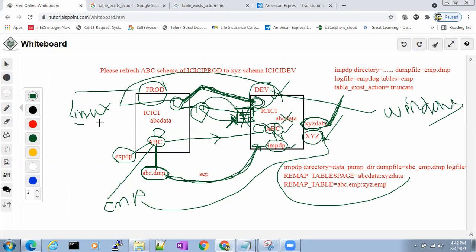Now you have to take the export of the ABC tablespace or ABC user and import it into the development database. But both are on two different operating systems. Then we use transportable_tablespaces.